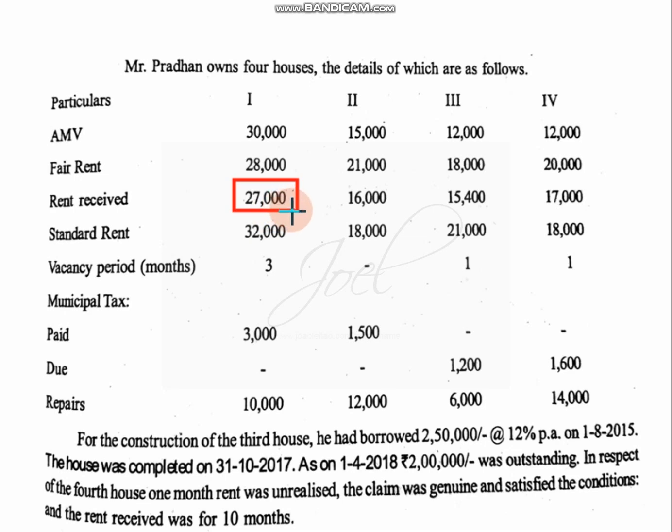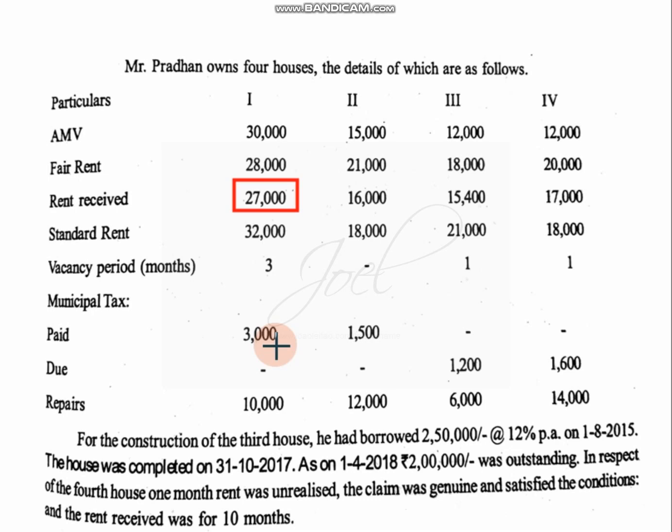But this is the procedure we are going to follow actually. So my gross annual value will be 27,000. From that gross annual value, I am deducting one deduction, that is municipal tax. There are no other deductions. I will arrive at annual value 24,000. On 24,000, 30% standard deduction I have to do.